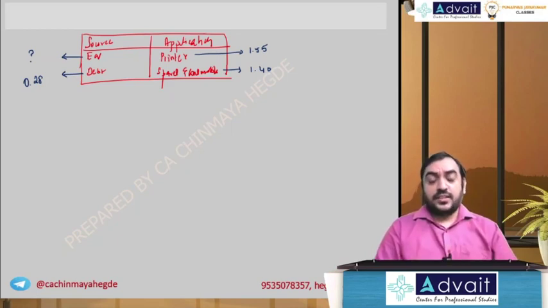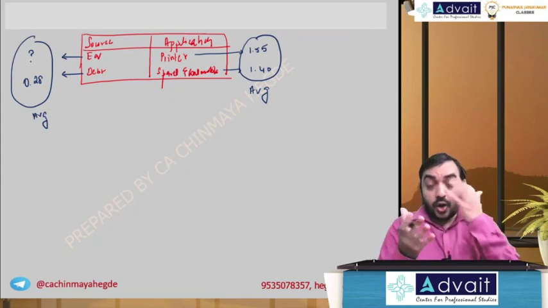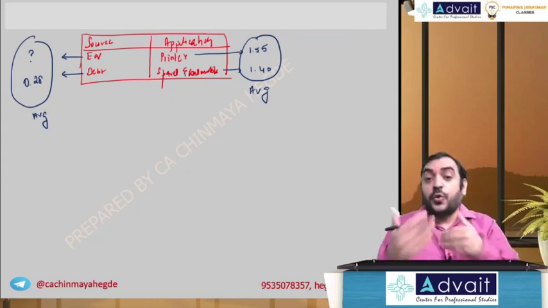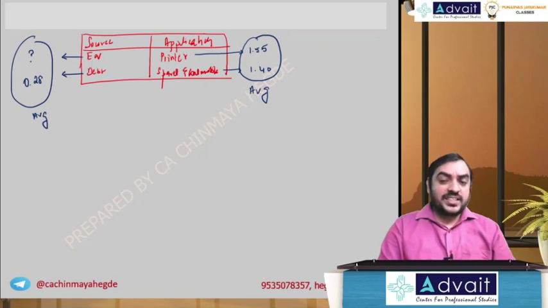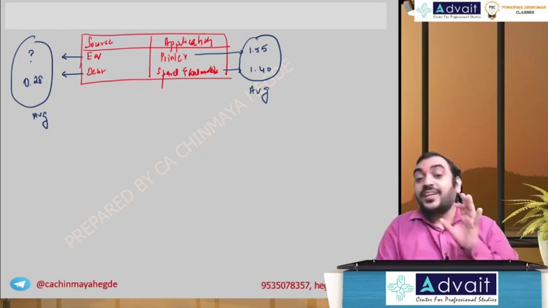When you understand this balance sheet, don't try to apply the literal approach. What is the literal approach? Balance sheet, asset equal to liability, so 1.55 plus 1.4 minus 0.28 as a balancing figure. Don't literally apply the balance sheet approach. We should always convert this into an average, and this average should be equal. Because ultimately, we are not adding everything line by line. We are going to do an average, not a simple average, but a weighted average.